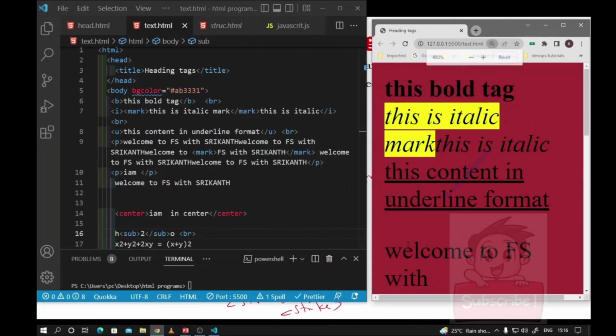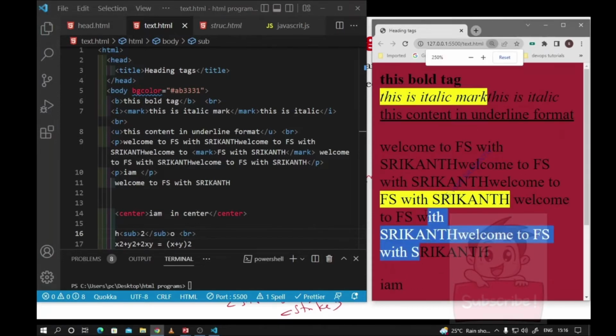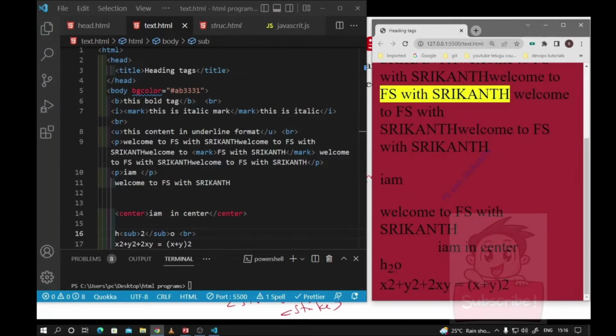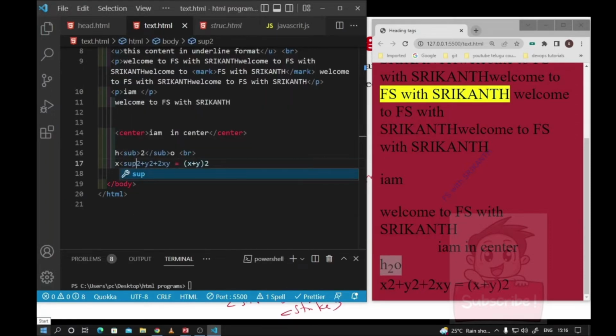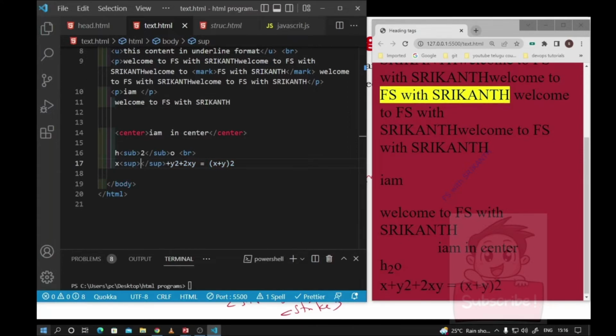Now you observe this is H2O, a chemical formula, using subscript. And if you want to write a power, power means superscript. Just observe x square, and the same thing you want to copy, and here you place y square and 2xy equal to